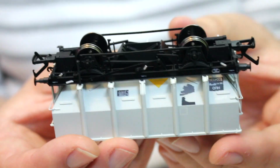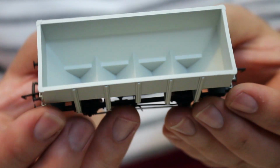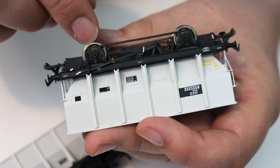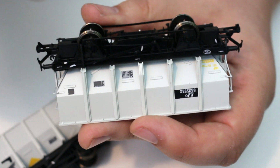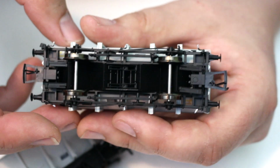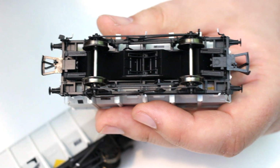It's something that other manufacturers have gone down this route as well, so it's not just Accurascale. But if there's one criticism that I could level, maybe that is it, that the wheels would benefit from having the actual face brought more to the outside of the tread rather than the inside. But having this upside down, this is an area, it always amazes me, the manufacturers adding all this detail that